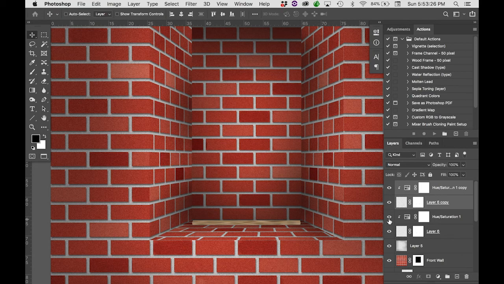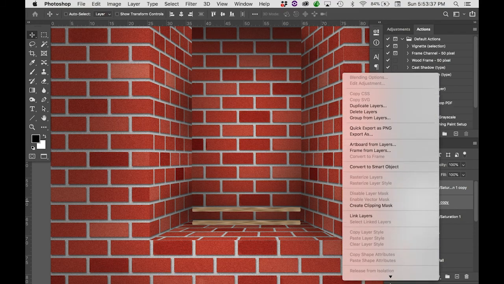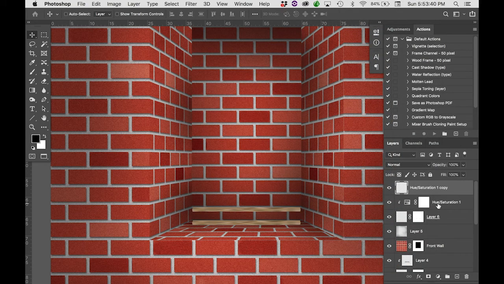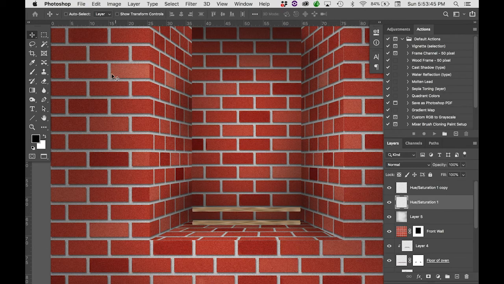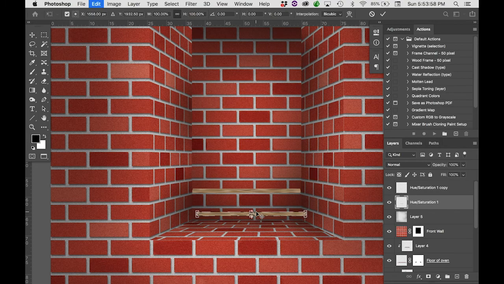So here's the first stick layer. If I move this one up, I have two sticks. Here's the upper stick, and here's the lower stick. Now, not being a sucker for punishment, I actually am going to merge these just because it'll make things a little bit simpler. So I'm actually going to merge both of those. And now with the Move tool, or V on the keyboard, and Auto Select turned back on, I can move these sticks individually. Now, they probably both wouldn't be facing the same direction, so I could do a Command T